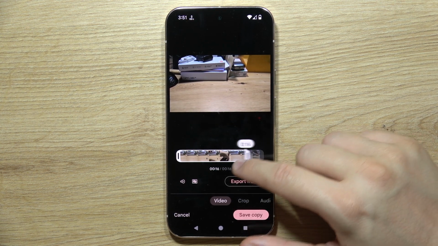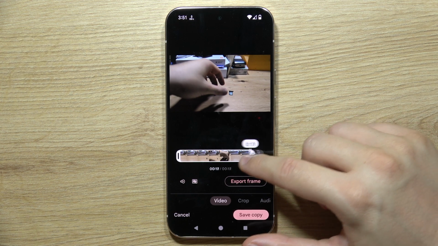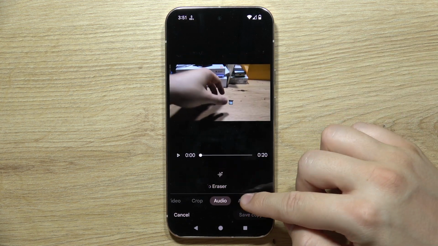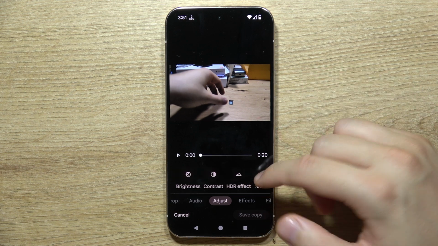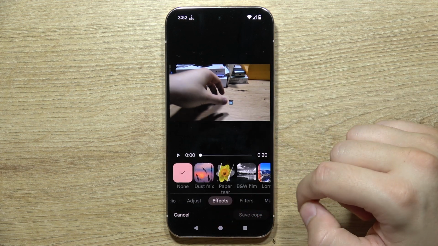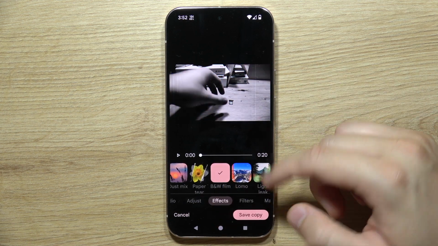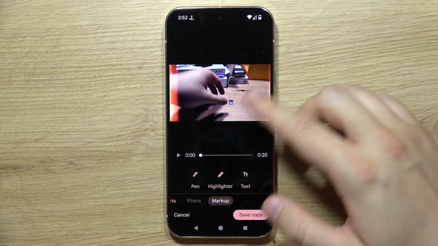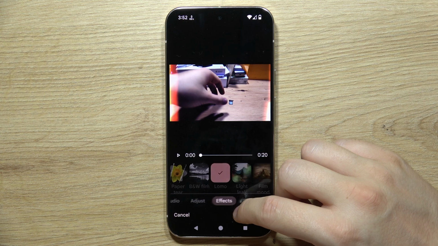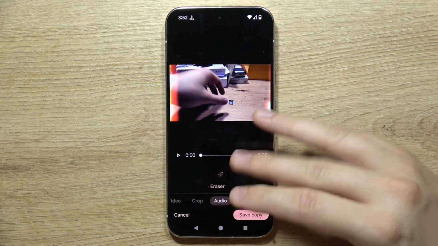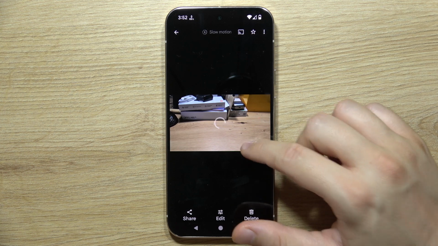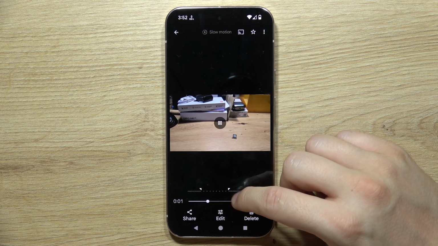Now, as you can see, right here we can find a lot of options, like we can make it shorter, we can crop it, we can erase audio, we can change options like brightness, contrast, some kind of the effects we can quickly apply. Take a look. There's some filters and markup, so we can even put something here. And if you save everything right here, you'll be back into this page where you can actually adjust this slow